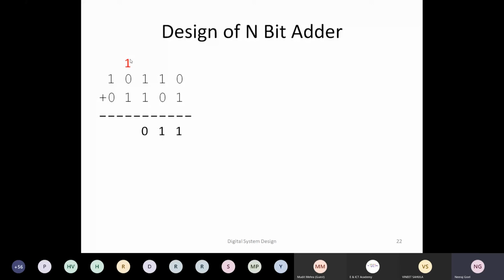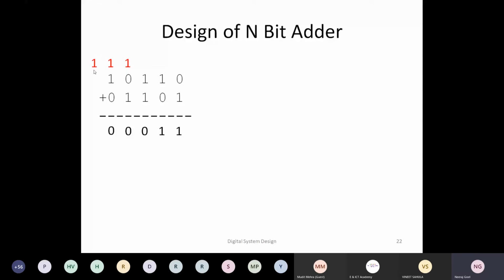In this case, I need to add three inputs: 0, 1, and 1, 0, and 1. Effectively, when I'm adding it, again the sum would be 1, 0. So that means 0 would be the sum, I write 0 here, and the carry I write here. Similarly for this bit also, now I have to add these three numbers: carry of the previous one, input 1, input 2. So 1, 1, 0, now I add, the output would be 0 and there would be 1 carry.